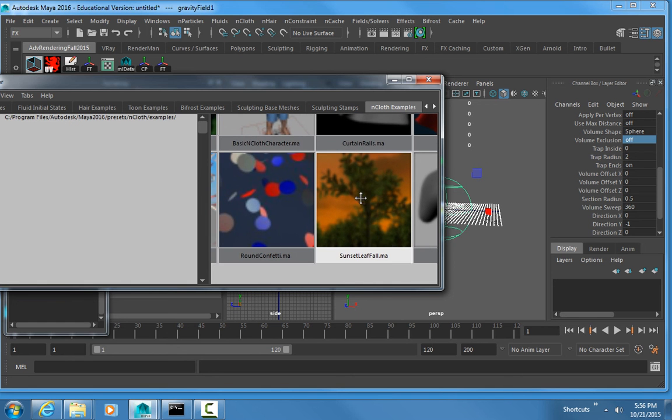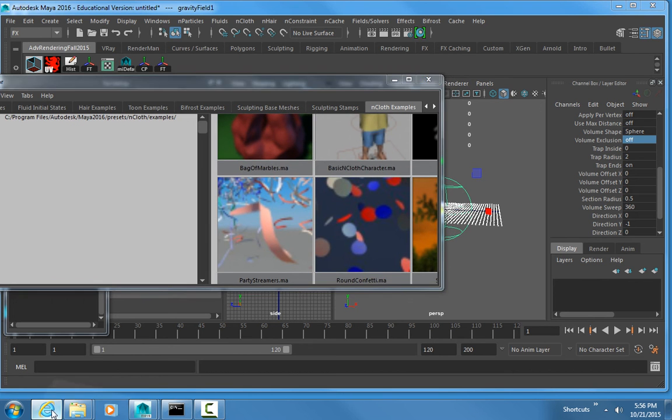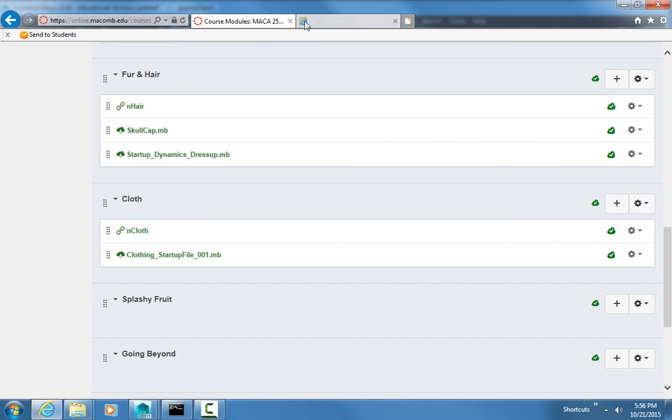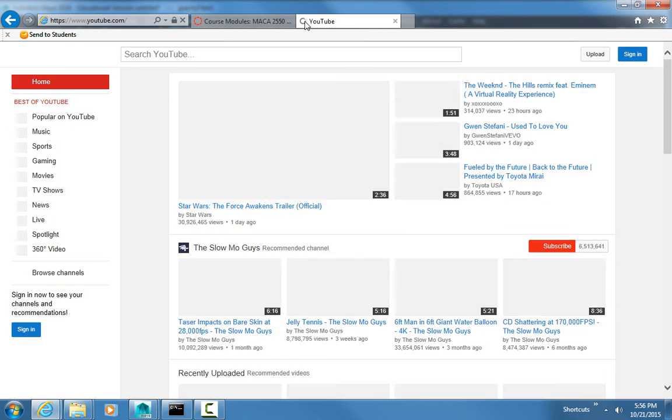And then leaves too. So if you had a tree with a bunch of leaves in it, and you wanted the tree to be kind of soft, you can make that an nCloth object so it kind of wiggles around. And then you could have all the leaves also be nCloth, and also be held on by kind of like a glue that eventually blows away and they fly away. There's confetti, which is pretty cool too. Party streamers. Again, cool stuff. Again, you want to use it in moderation. You don't want to use all of those in one scene at the same time. We'll let